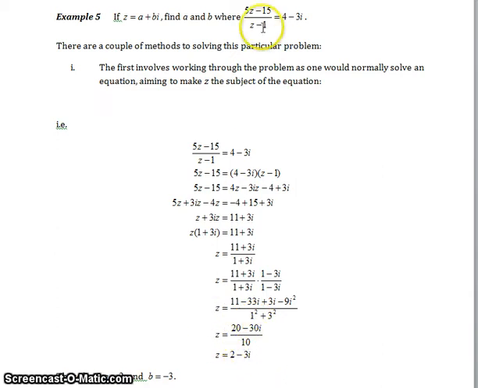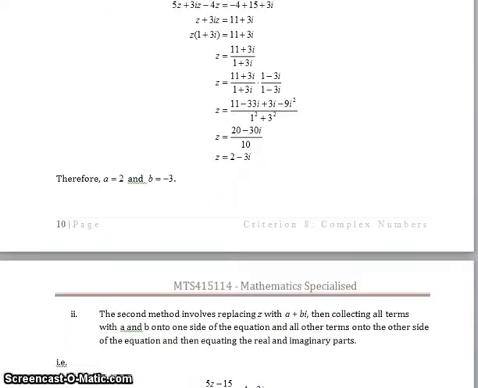And so if z is a plus bi, then a, our real part, is 2, and b, our imaginary part, is negative 3. So that's the first method. The second way we could do it